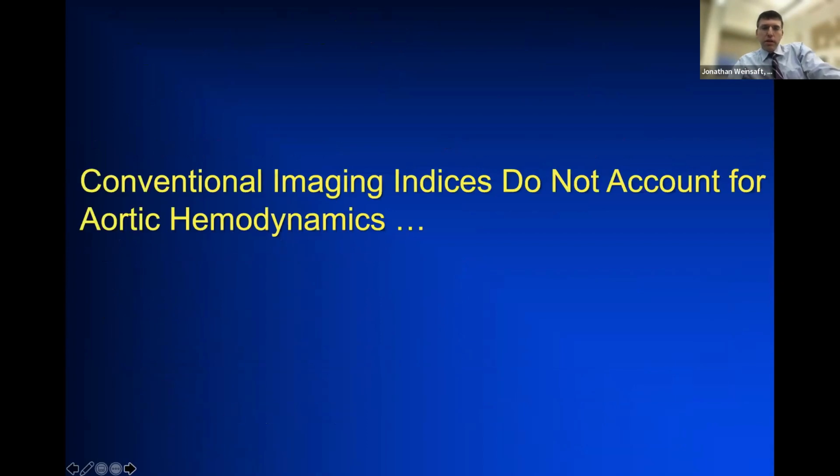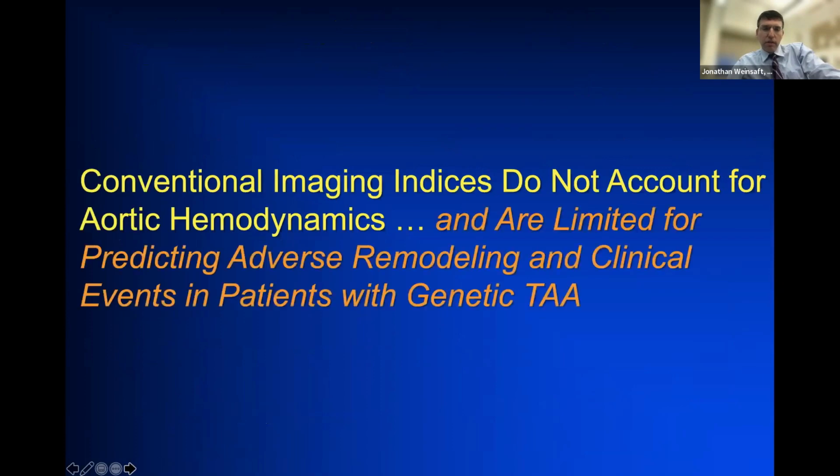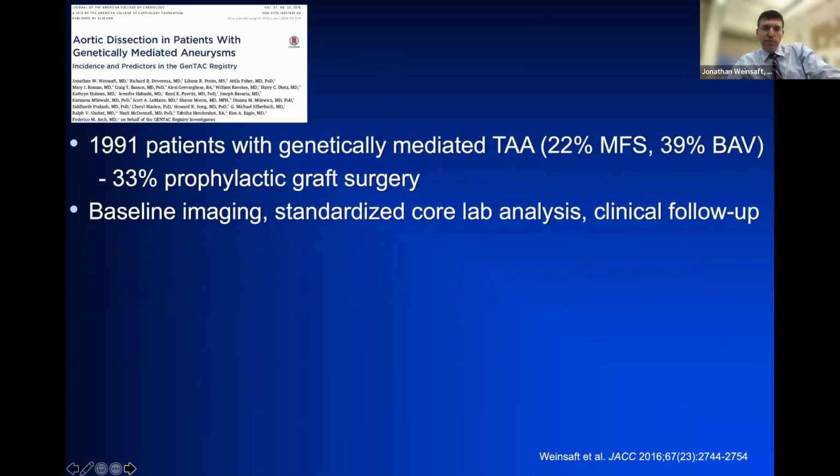But we also know that conventional imaging indices do not fully account for aortic hemodynamics, and that they're limited for predicting adverse remodeling and ultimately clinical events in patients with genetic thoracic aortic aneurysms. Some of the clearest demonstrations of that came from data from the GenTAC registry. Here's data from our group in collaboration with GenTAC looking at nearly 2,000 patients with genetically mediated thoracic aortic aneurysms,